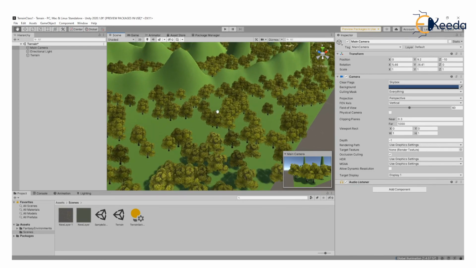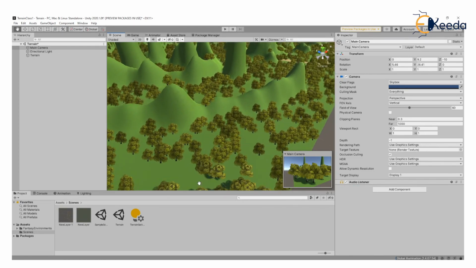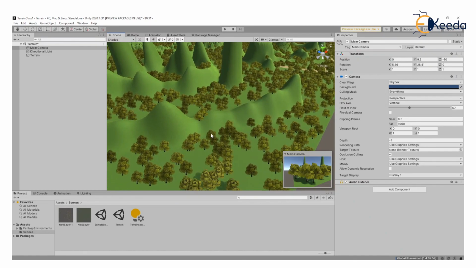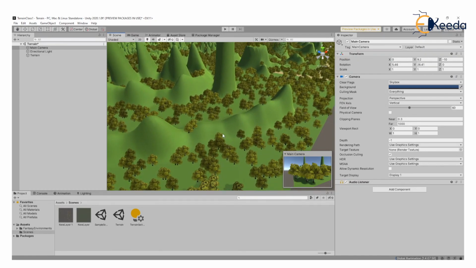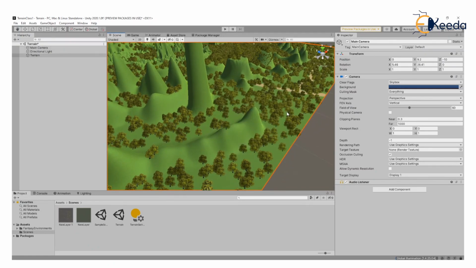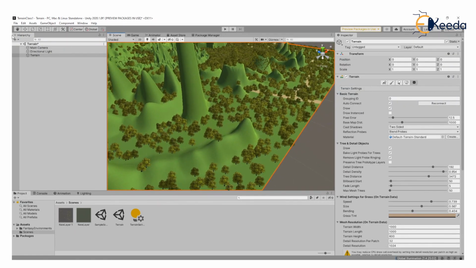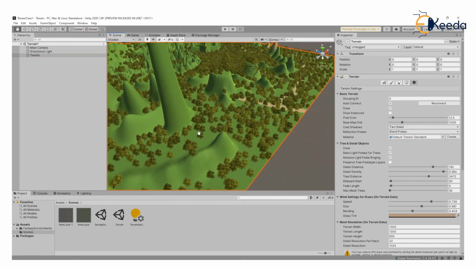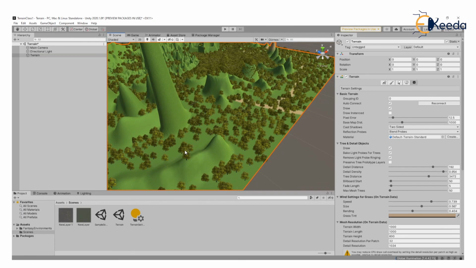Now, the next 3D game object is how do you create a customized tree? Many times you're taking trees which are pre-built from the asset store, but now you want to create your own customized tree. So how do you do so? Let me show you how to create a customized tree.